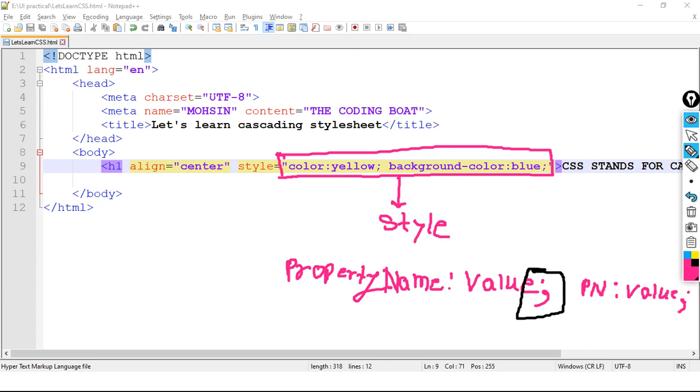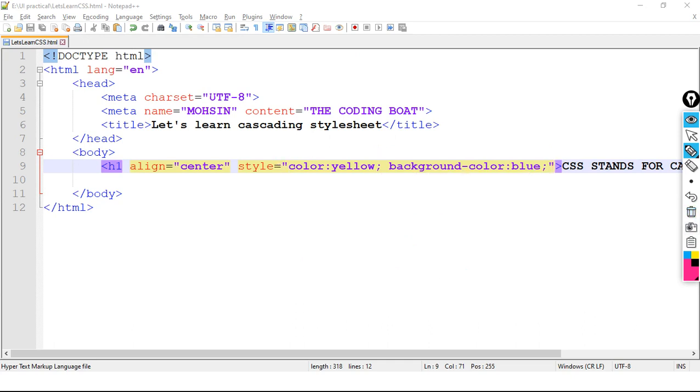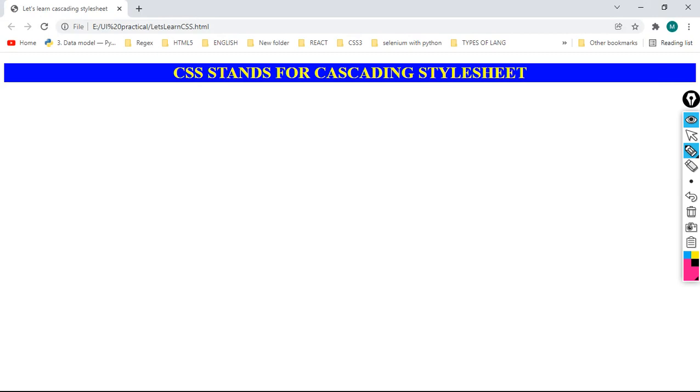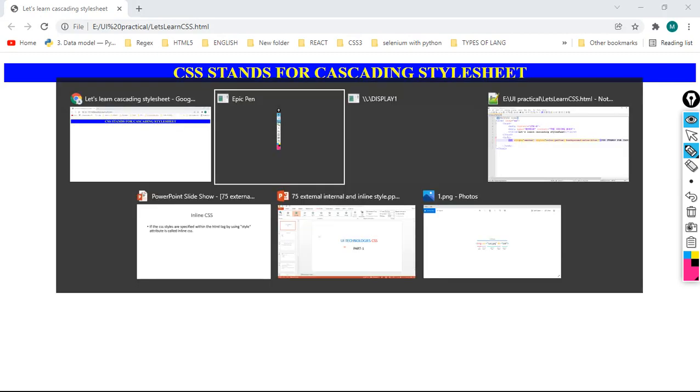Now let's move on. So it is very clear how to write attributes of HTML, how to write properties of CSS, and this is an example of inline CSS. Let me make some changes.